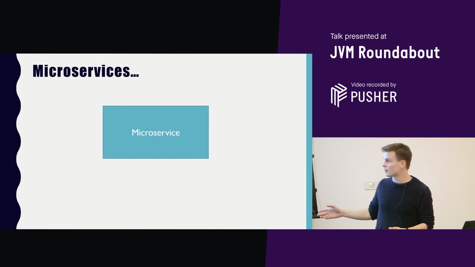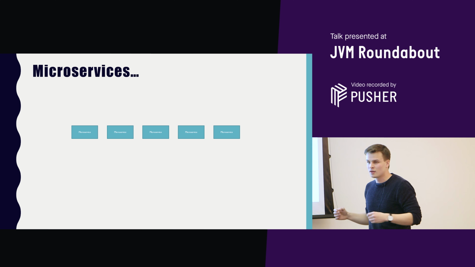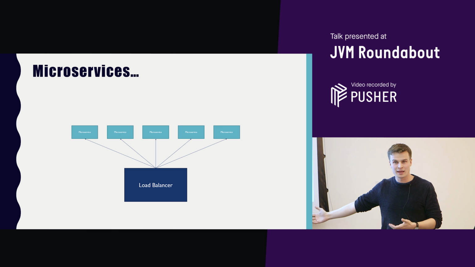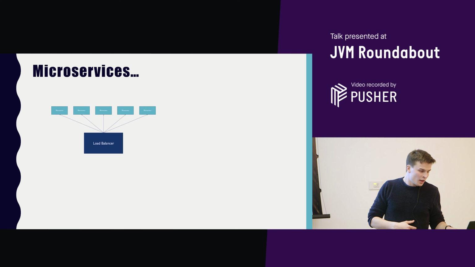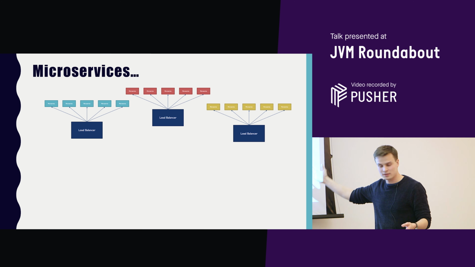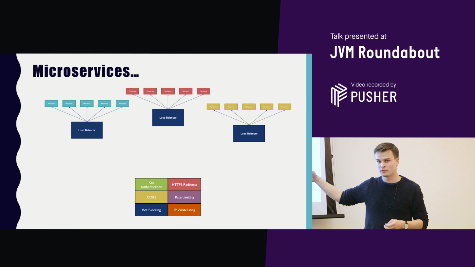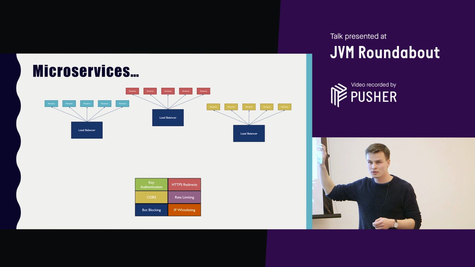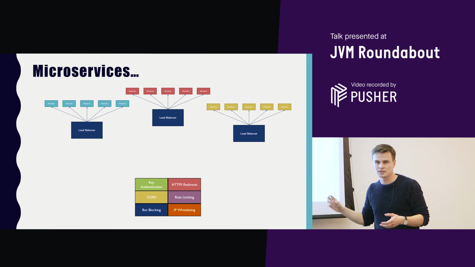So let's go back. You've got your microservice, and you've got many of them, sat behind some load balancer. If you're on cloud, we use AWS very heavily, so these are the classic load balancers or application load balancers. Then you've got all your other teams, or maybe even within your team, creating multiple load balancers. Now, maybe we could have something that sits in front of all of those and implements all of these things. That way, your teams can stay focused on their specialist domain knowledge, and not have to implement every single one of these things themselves.